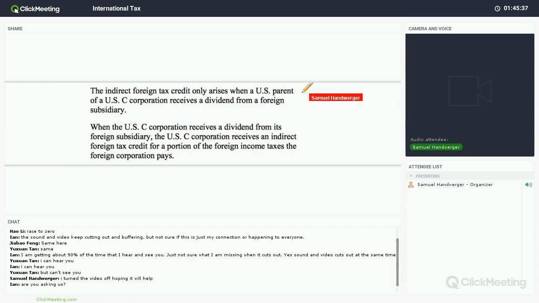There's number one. That's when it happens, the indirect foreign tax credit. Now, often what you have is a situation where the parent U.S. company is a C corporation, being a foreign entity. We call that S for now. When the dividends are paid by S to C, which is a U.S. corporation,